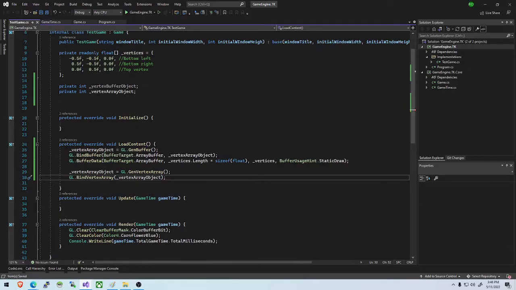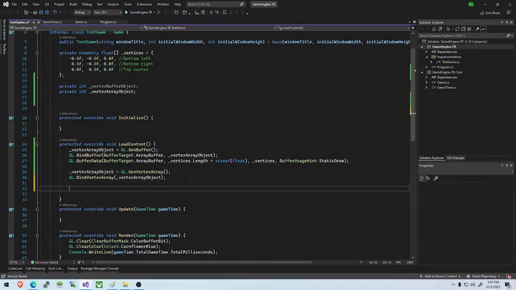And then we need to enable a vertex attribute pointer. I'm going to just kind of give you the code for this right now, and it's going to make a lot more sense when we get into shaders, because actually I'm going to save this next part. Let's just go ahead and do the syntax. Just trust me, this is going to work. I'll explain it a lot more in depth in the next video, and it's going to make a lot more sense. But first we do GL.VertexAttribPointer,